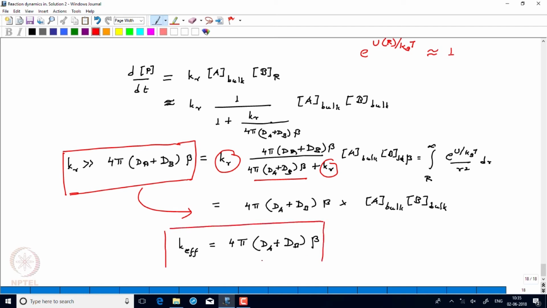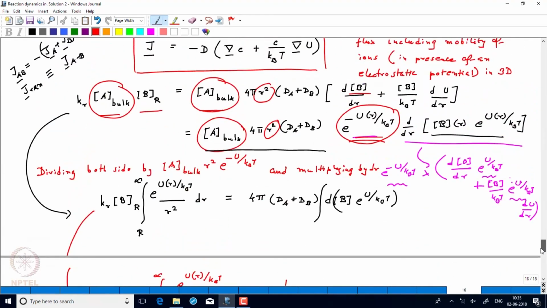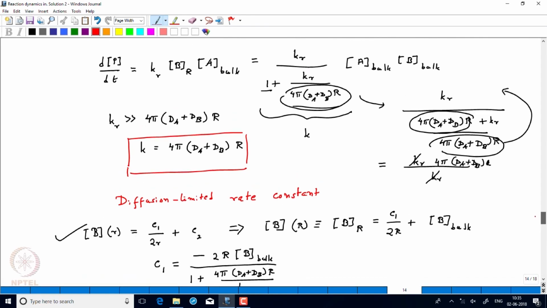And that's a beautiful way of showing it, that although this beta has a very complicated expression, because it is basically the variation of the potential and depends on this integration, we just noted it as the term beta. The only difference we see under the diffusion limit between the species which are non-ionic or non-charged and the species which are charged is this small difference,